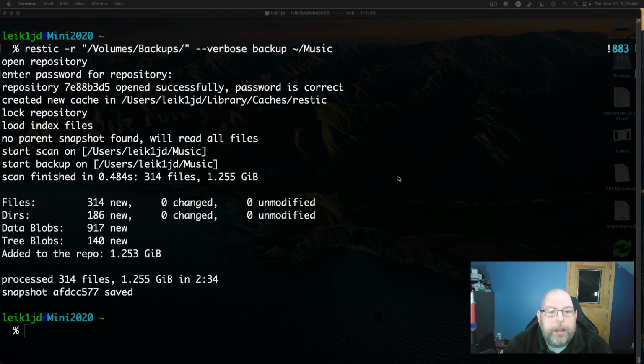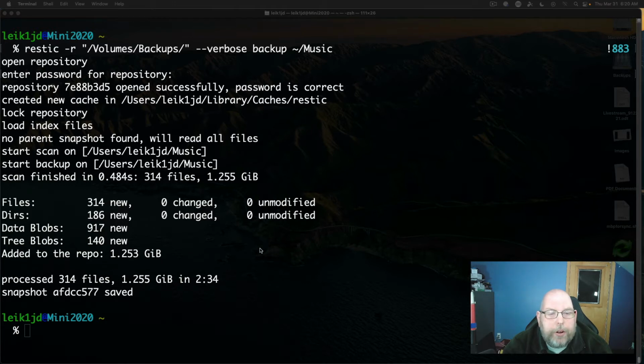As you can see, it gives you a little status when it's done. Tells you the total size, the number of files, number of directories, the number of data blobs. So yes, this is getting stored in a binary format, and the number of tree blobs, and the amount added